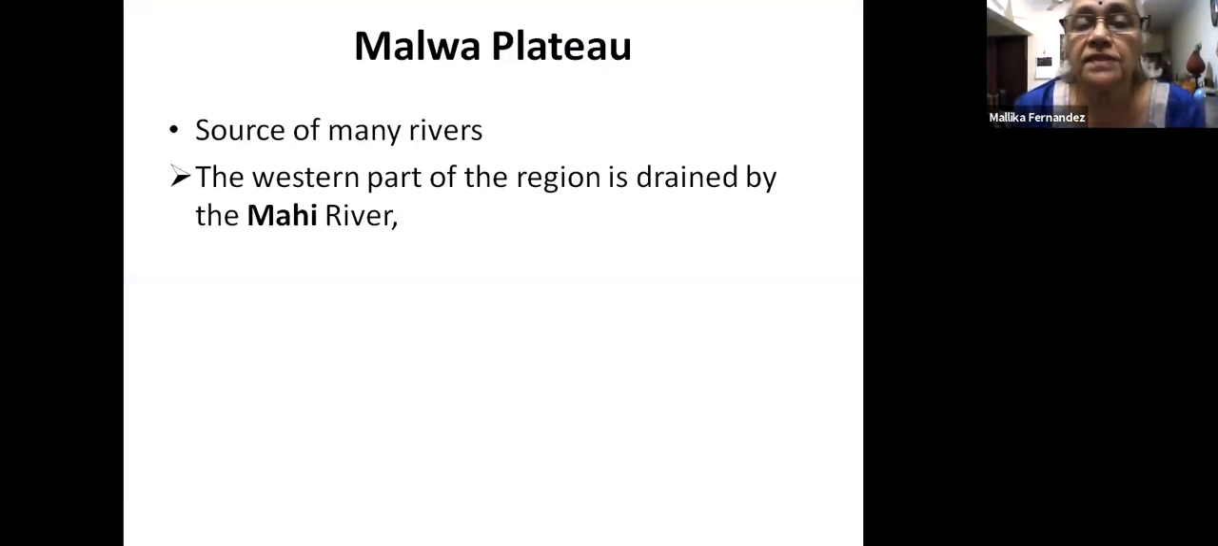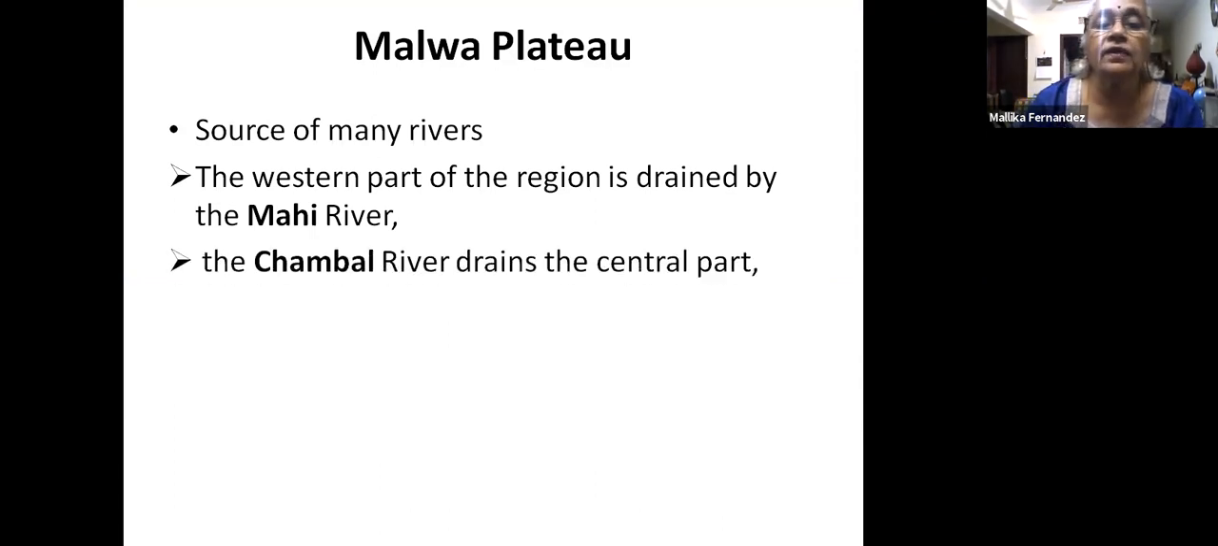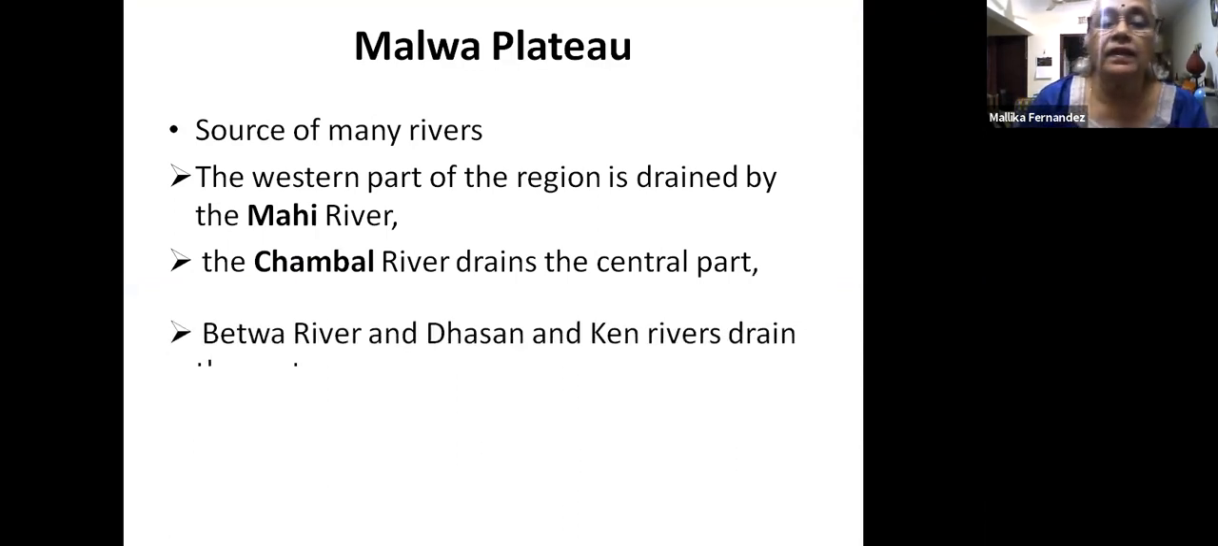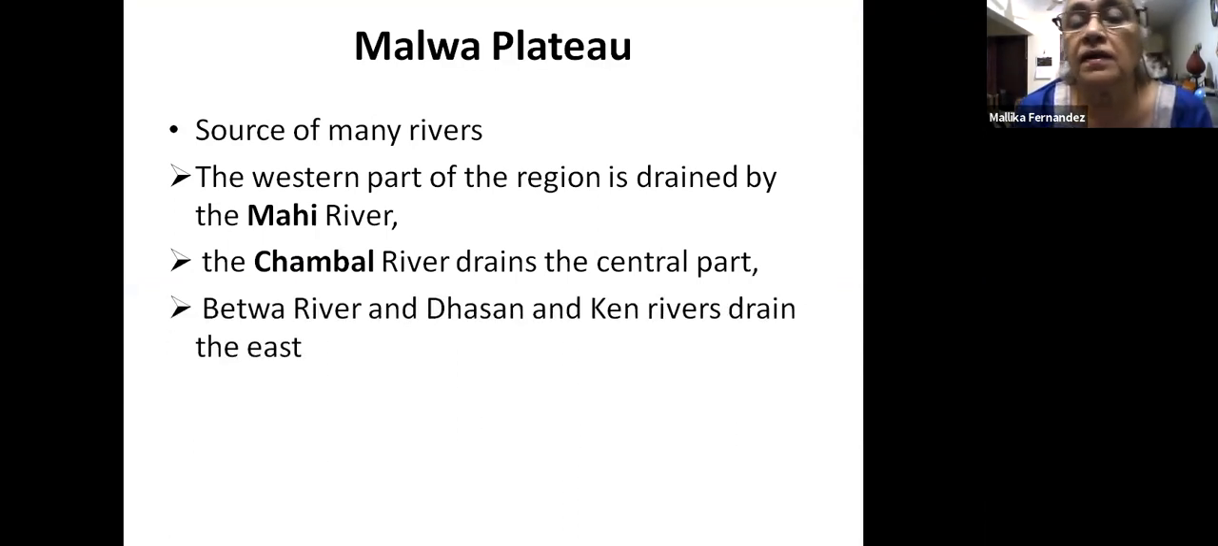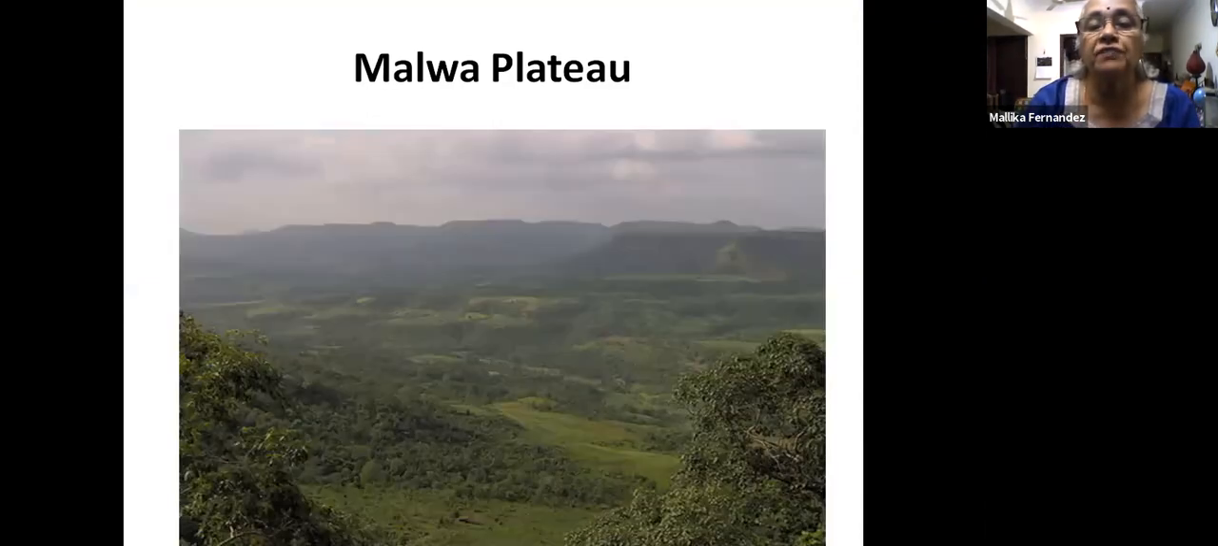Most important is the Mahi River to the west. Then you have the Chambal, which drains the central part. And then you have the Betwa, Darshan, and Ken rivers that drain the east. So the Malwa Plateau is located at the base of the Aravalli Hills, and it has so many rivers. So this is what the Malwa Plateau looks like,